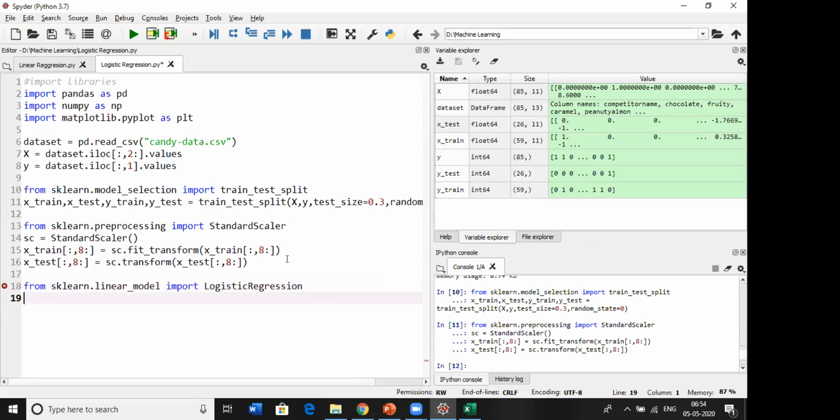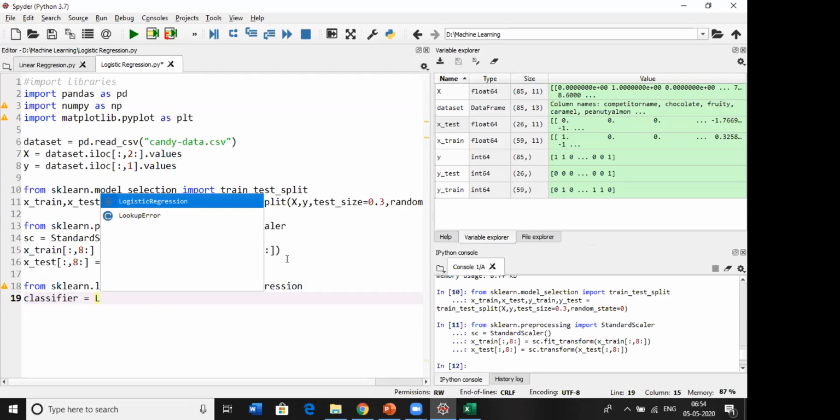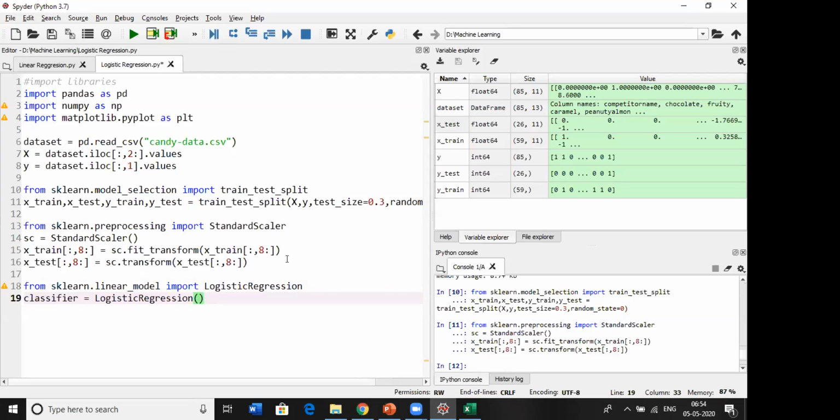Of course, we need to create an object for logistic regression. I'm going to call it classifier, because it classifies things. So LogisticRegression, that's it.